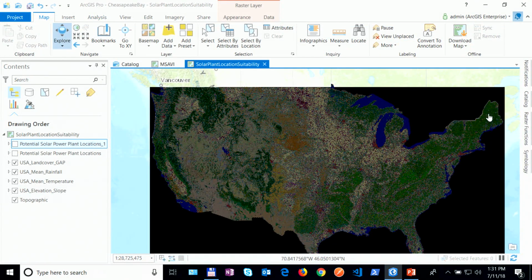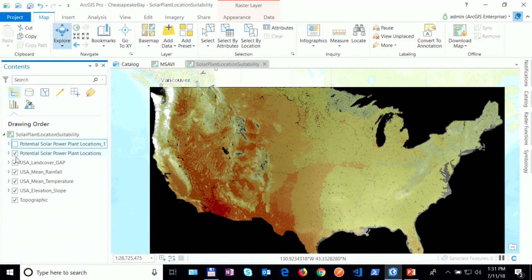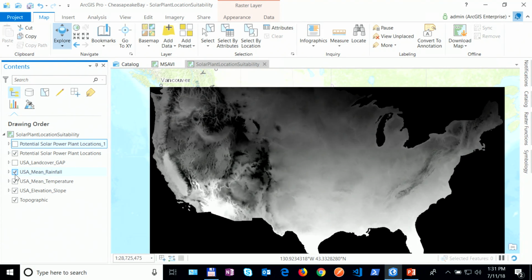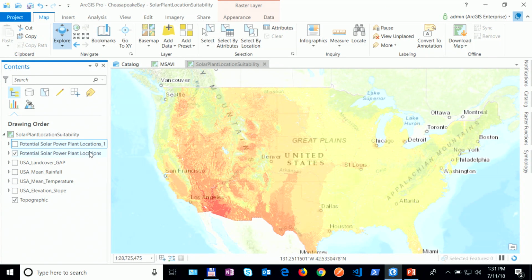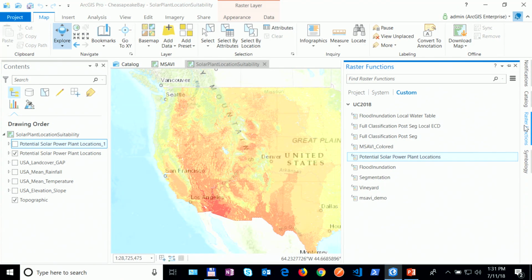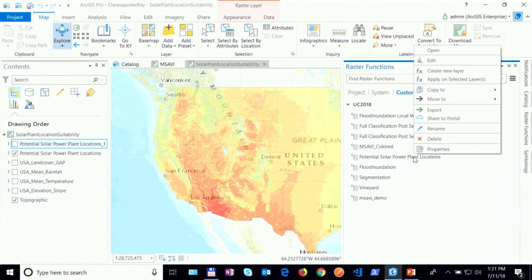Now the next thing I would like to do is, obviously you can simply apply this raster function to preview the result of your analysis. And the red areas are the most suitable places for a power plant. And then you can share this template if you right click on it, and there's an option called share to